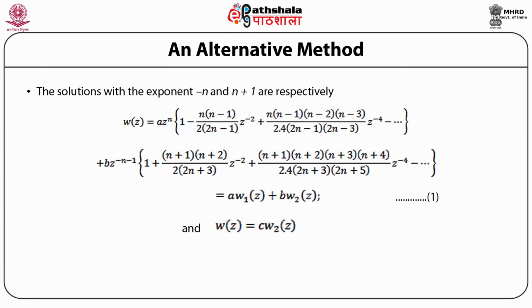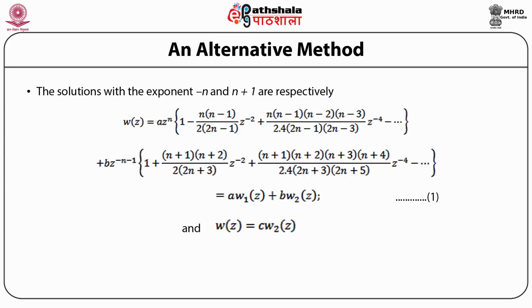The solutions with the exponents minus n and n plus 1 are respectively given by w of z is equal to a times z raised to power n into within the brackets 1 minus n into n minus 1 by 2 into 2n minus 1 multiplied by z raised to power minus 2 plus n into n minus 1 into n minus 2 into n minus 3 multiplied by z raised to power minus 4 divided by 2 into 4 into 2n minus 1 into 2n minus 3 minus and so on, brackets close,